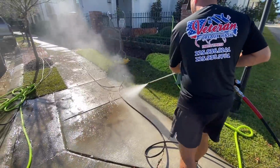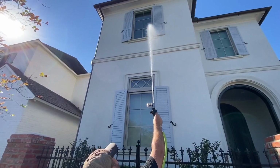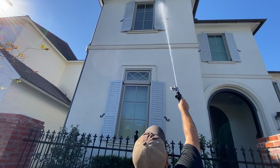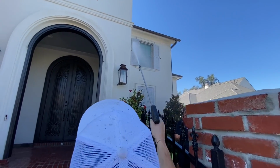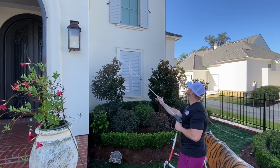Another thing that I like to do is I always smile and wave at everybody walking around the subdivision while we're doing work, or anybody driving a car in the subdivision, riding a bike. Anybody doing anything in that subdivision while I'm working, I'm looking up, I'm waving, and I'm smiling, because oftentimes whenever people are passing by, they're super nosy. They want to see what's going on. They see the truck out in front. They see me working. I look up, I smile, I wave, and they're like,